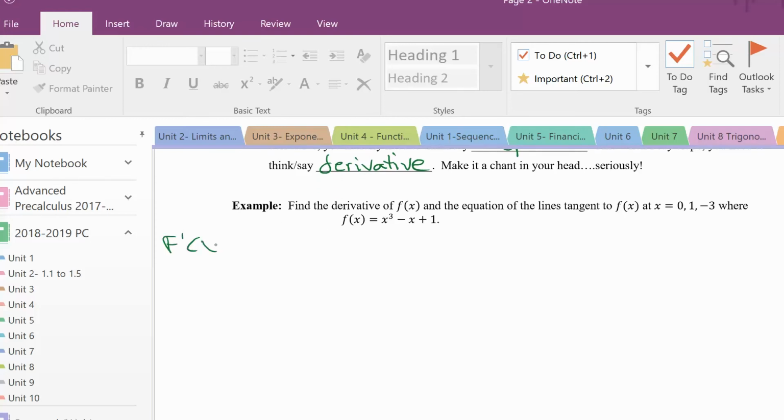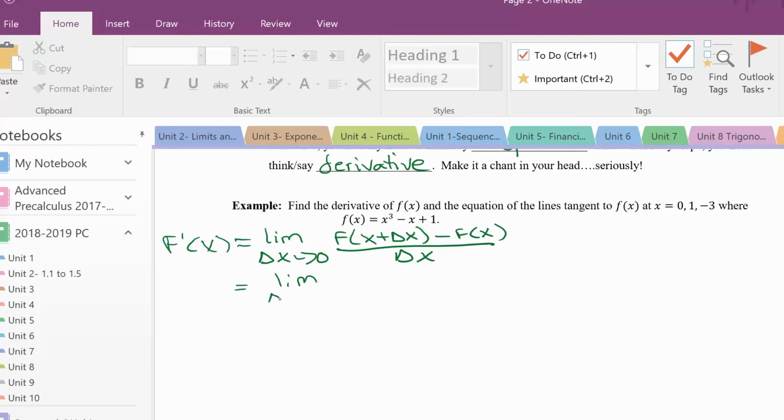So f prime of x is equal to the limit as the change in x approaches 0 of f of x plus delta x minus f of x all over delta x. So first, it might be good to figure out, well, what is f of x plus delta x? Well, by substitution,